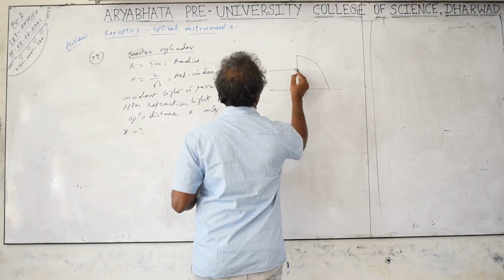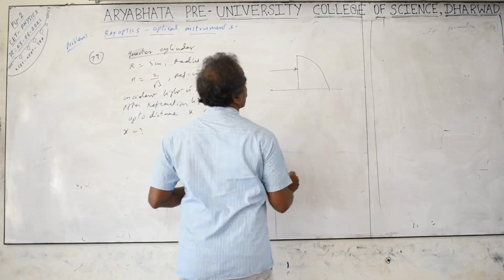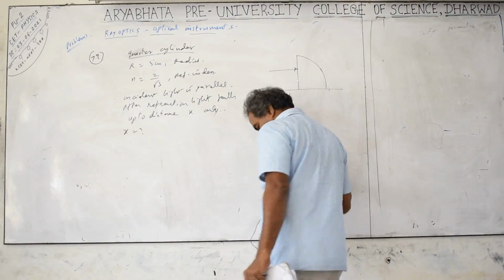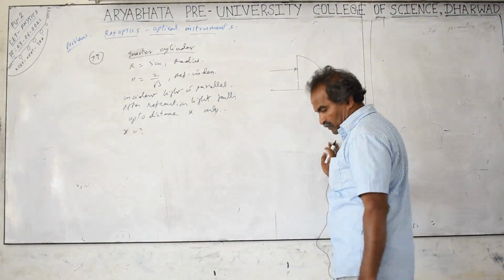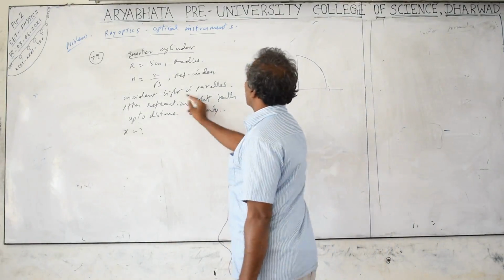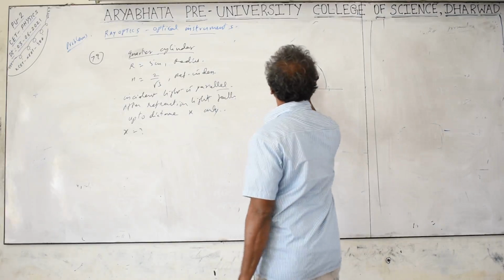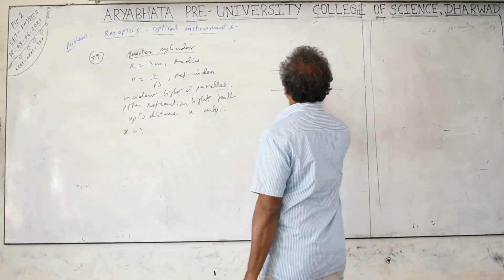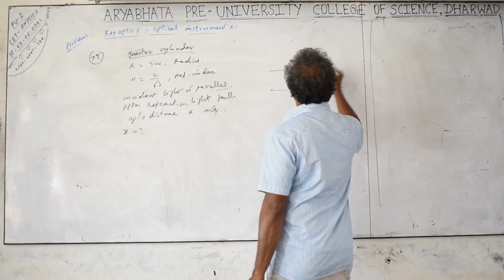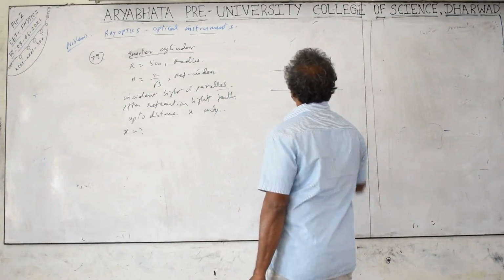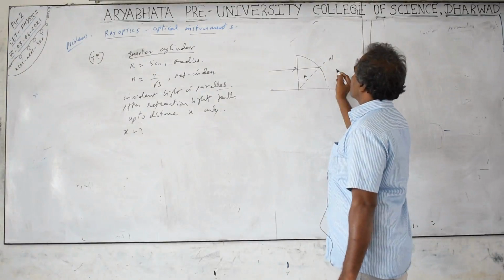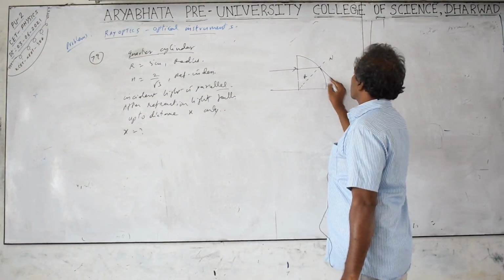Light rays are parallel, many rays are falling here, and the light falls after refraction. One more thing is, on the first surface it is falling normally. It is parallel, meaning normal to the surface. Light normal to the surface does not get deviated, it goes straight. Here it is getting refracted, and this is going to be the normal. It is also a radius. From the normal, what happens? It deviates, going from denser to rarer medium. It deviates away from the normal, meaning it goes like this.